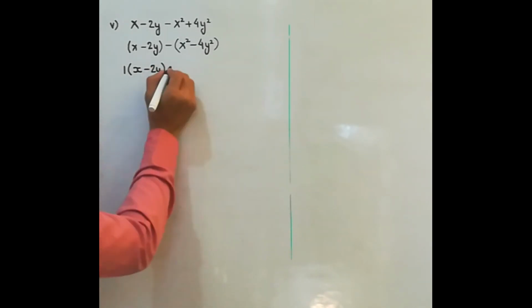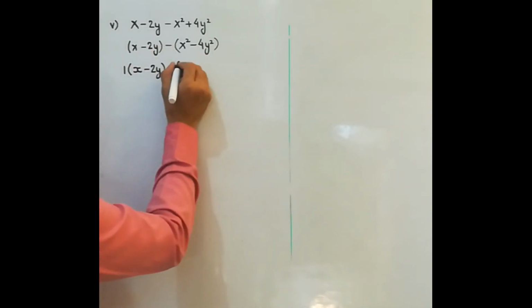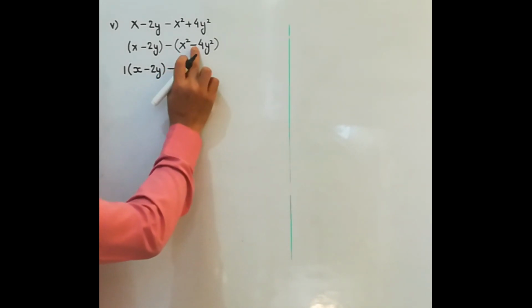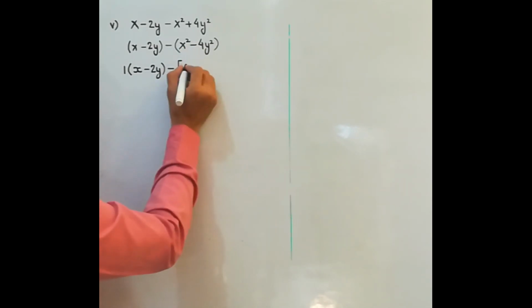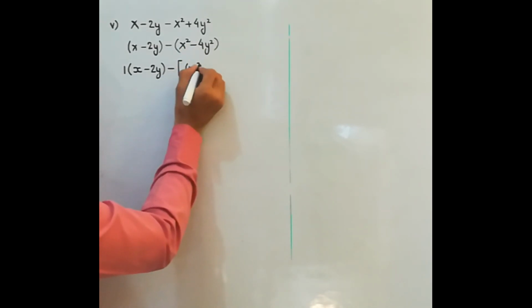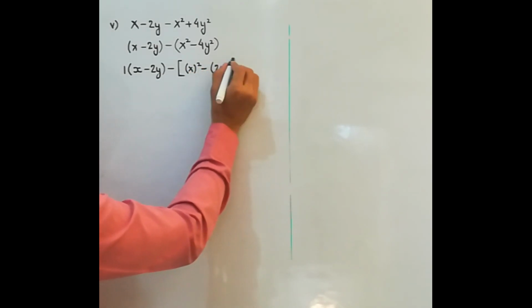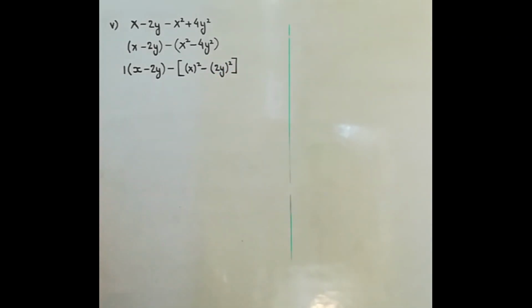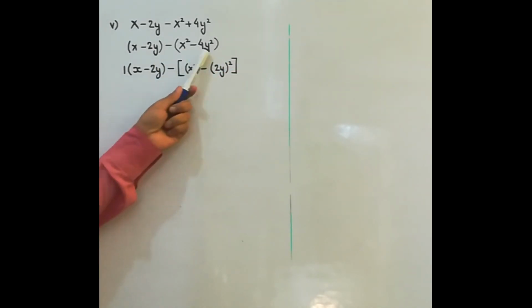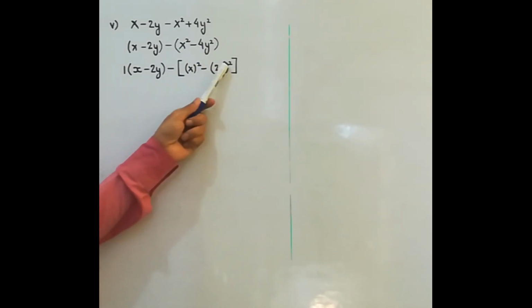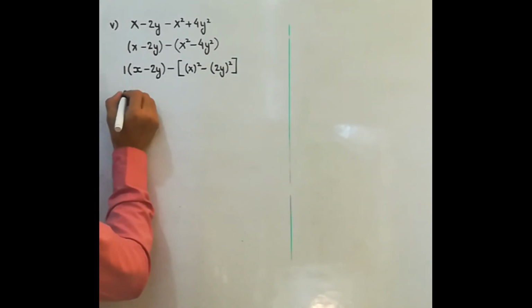If you don't find any literal factor or literal coefficient or numerical coefficient, then you can take one common. Now in this group, there is a minus sign and these two terms can be converted to square form. So here in this group we have converted these two into square form. So this will be read as a square minus this will be read as b square. So we will apply that formula.